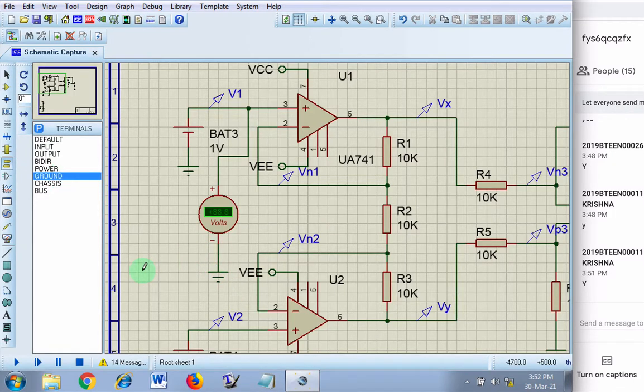So instead of that, it is better to put a voltage probe, saving the space. The second thing we will understand after some time.